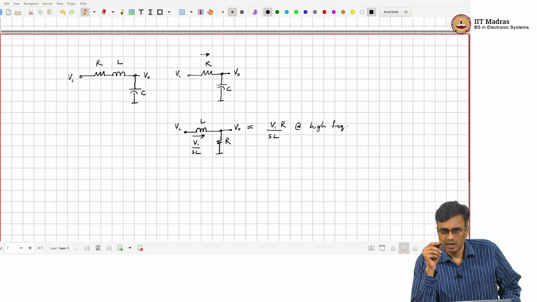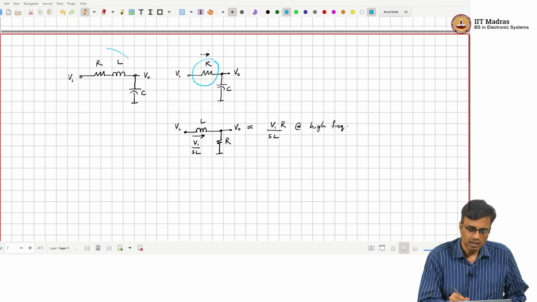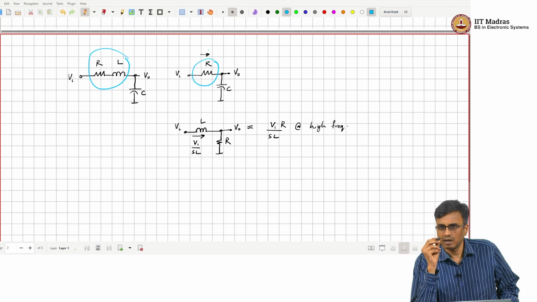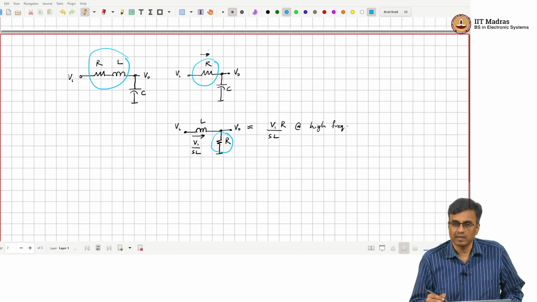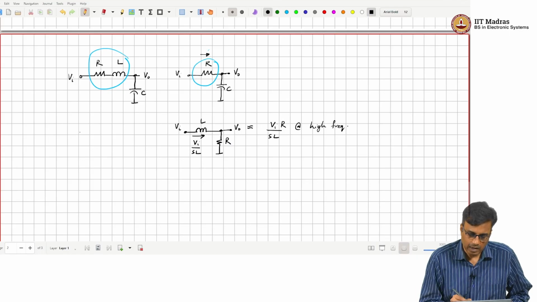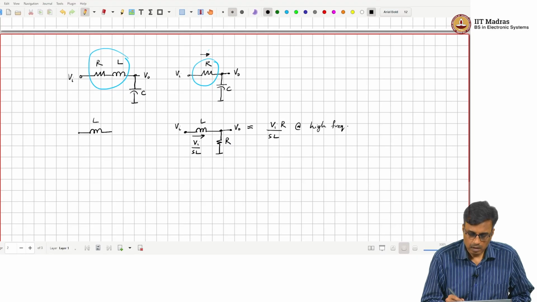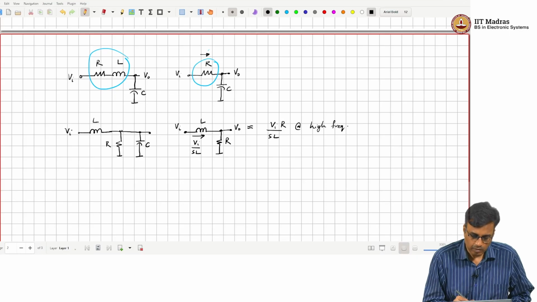Do you understand? At DC the impedance here was R, here also the impedance has to be the same at DC, and so likewise here the impedance is R. So, what should we do? Add a capacitor in parallel with R. So, this is an inductor L, this is R, and this is Vi,